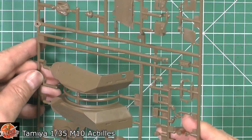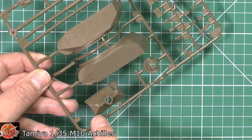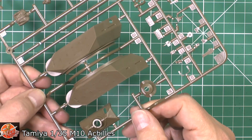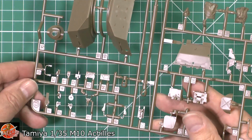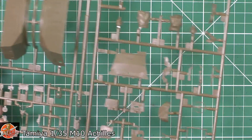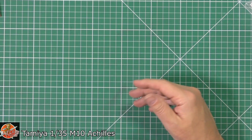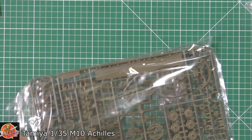And then looking at the sides, the two halves of the actual turret itself, and that cast, nice casting marks, things like that down in there as real life. You can see from that sort of gun mantle. Very nicely done on those indeed. And then some of the stowage items and some of the smaller parts you can just see down there on the outside. Very nice indeed. Typical Tamiya in its way, as you might expect with all of these, but again, very nicely done. No signs of flash and all those things sometimes we get excited about,